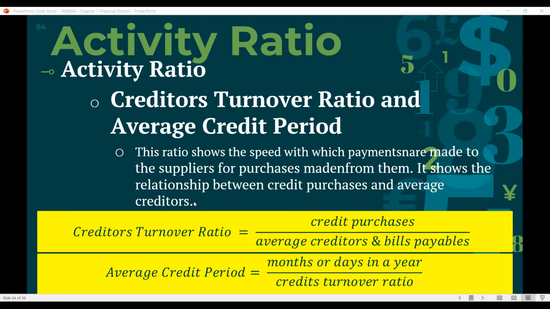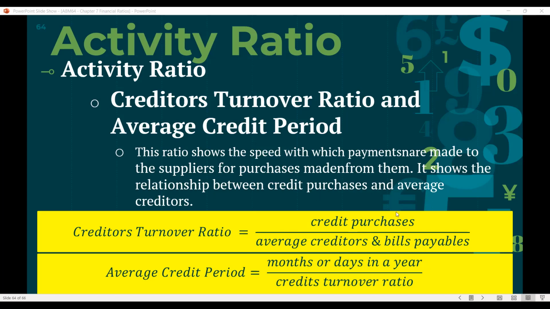Especially, for example, we have loans, we have purchases. Nagbayta sa ato ang suppliers on credit. Ato sang giutang kay wala pa man tay cash. Wala pa man tay money. Nanamputi arrangement nga magbayad mi if mahalina na mi. So let's say that's for example. So we have creditors turnover ratio. So this means it is credit purchases over the average creditors in bills payment.